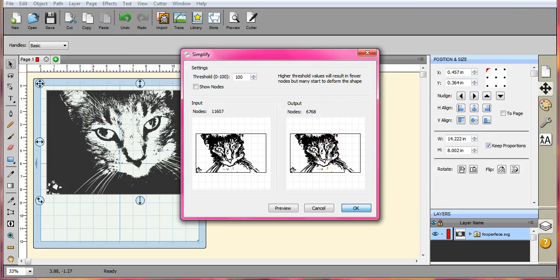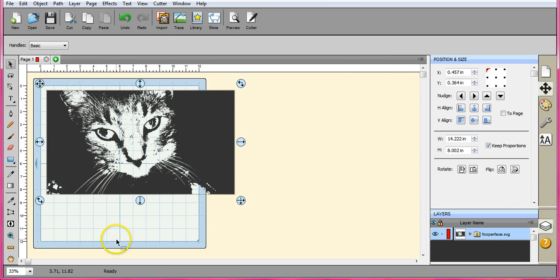I've never had any of my items that I've simplified be deformed yet. So just check to make sure that it still looks the same, and it does. Click OK, and there. And then what I do is I go in,